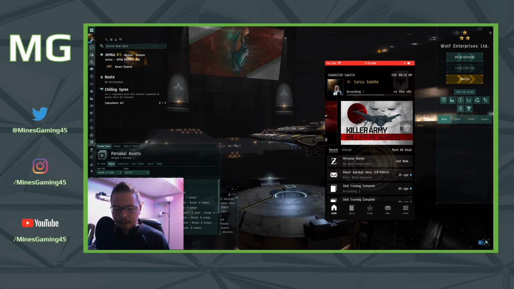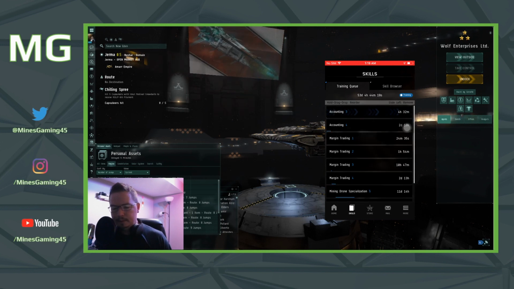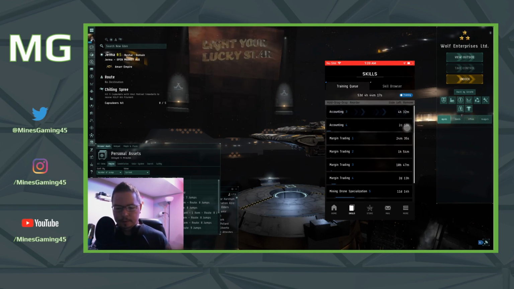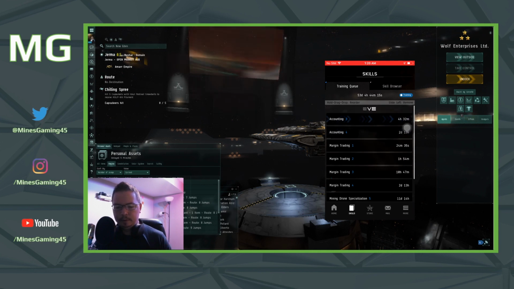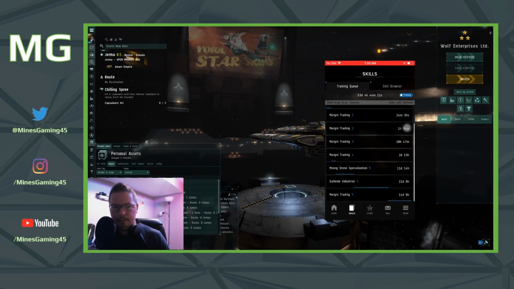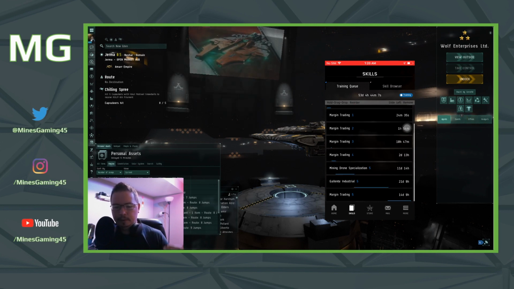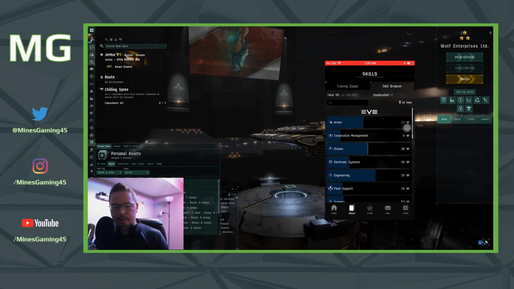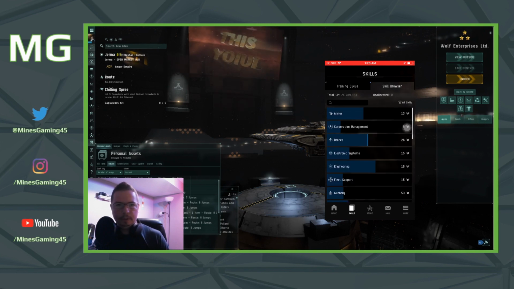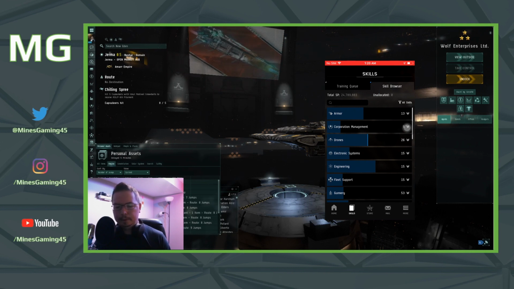So moving on, we've got skills. This is pretty self-explanatory. This is just going to show you the current queues, what's currently queued in your training queue. Yeah, redundant. As well as the skill browser. This is going to be similar to what you would do in game, browsing your skills or the available skills that you can train. Now, moving back over to the training queue,